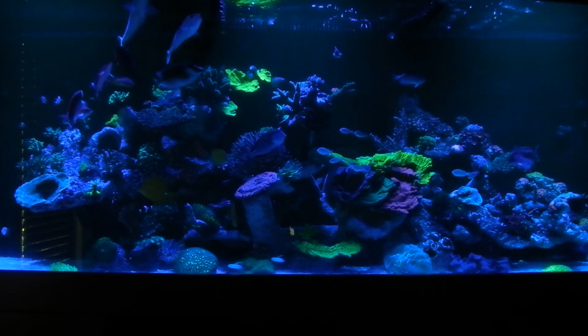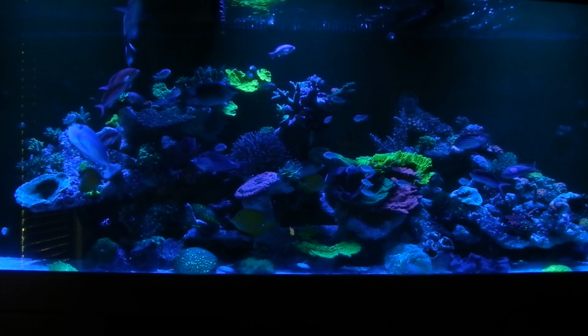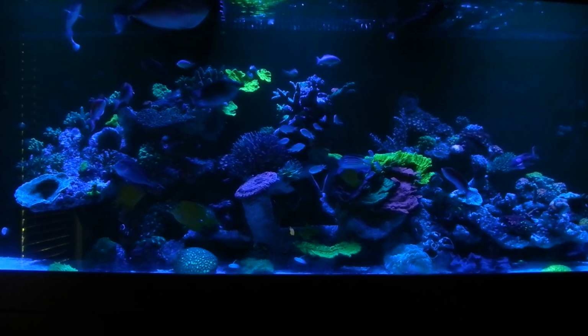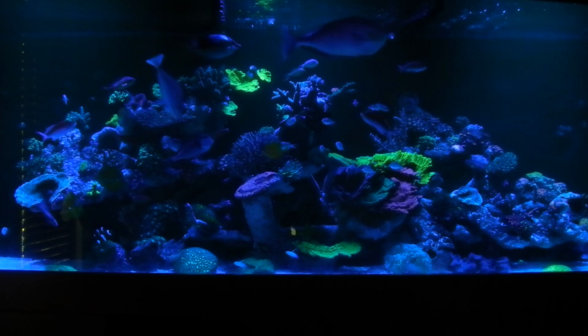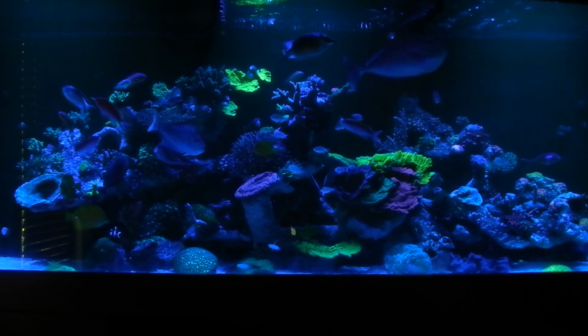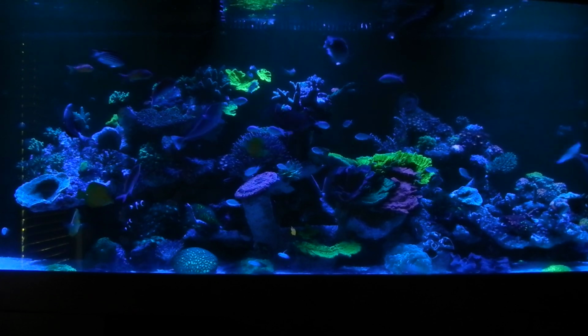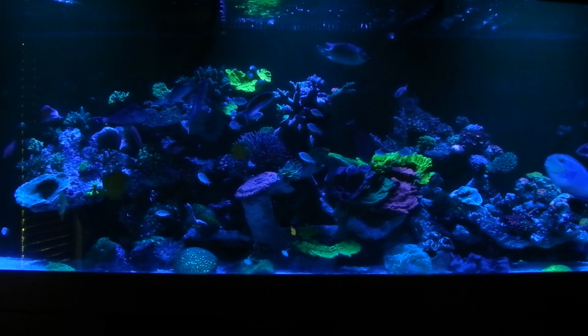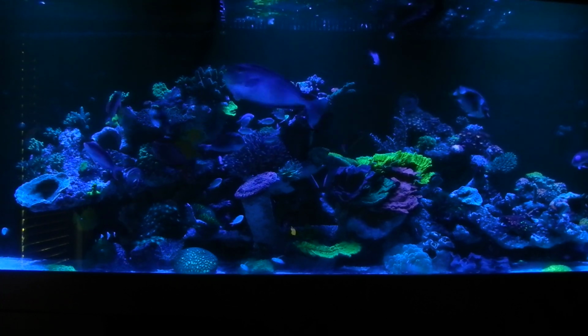But I went ahead and connected the cable and shut the canopy off, so that way you guys can get a better picture. My lights are currently set to radiant color, which is designed to display the corals, the fish, and the inverts in the most vibrant colors, as you can see. It's just amazing. This particular one emphasizes the